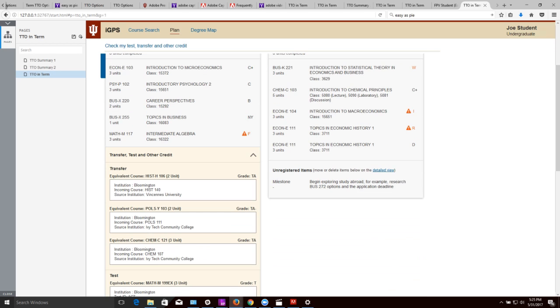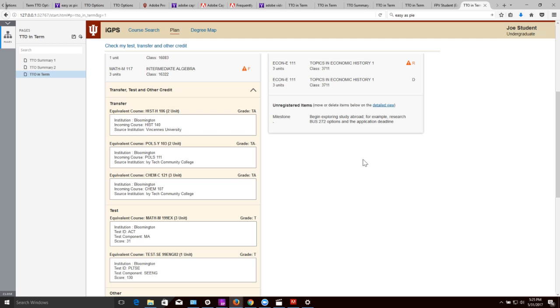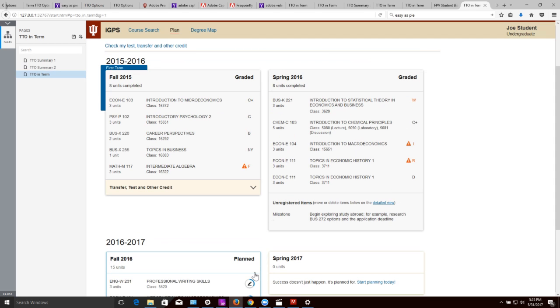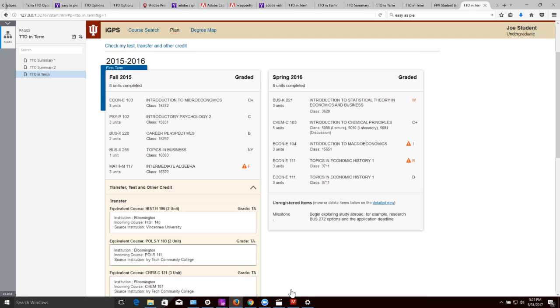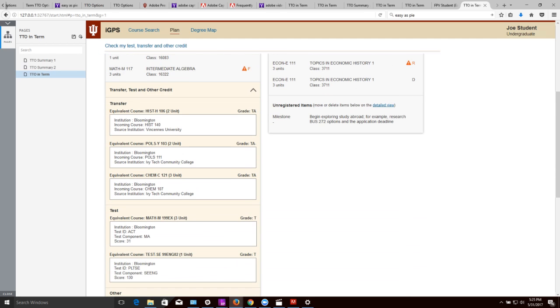If you were to show the TTO information inside the term box, which is a little more difficult because of the amount of information that needs to be displayed, this is the design I have for that. So we have the TTO disclosure at the bottom of the term. It is color coded so that it's easy to distinguish between the regular items. And because of the number of columns that we need to accommodate, and we don't really have space for that, it's been reorganized